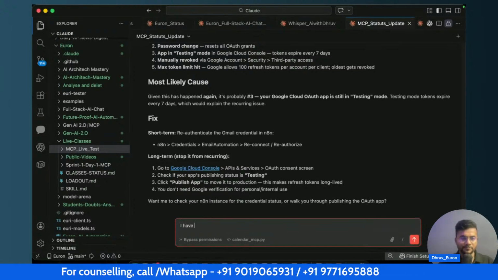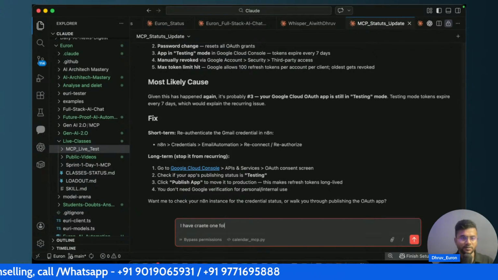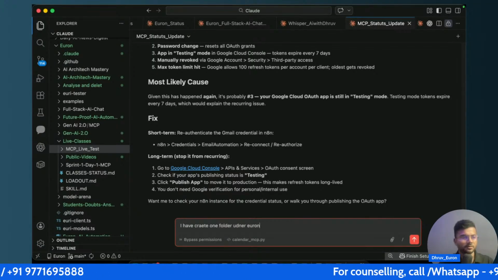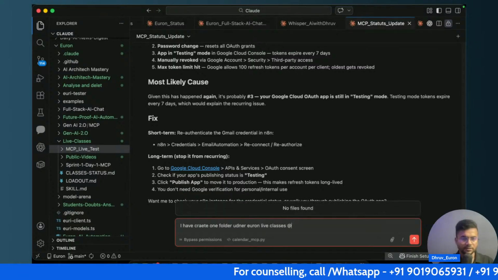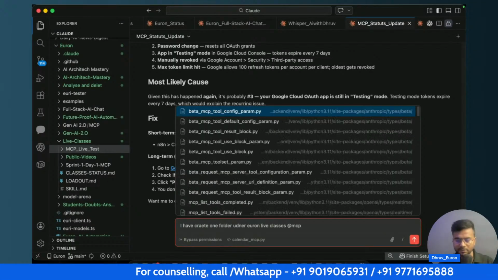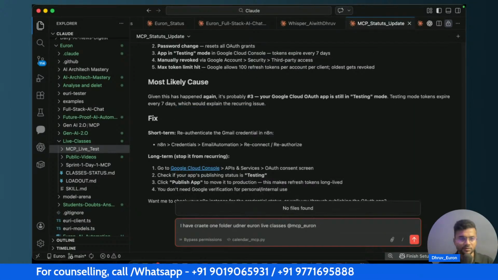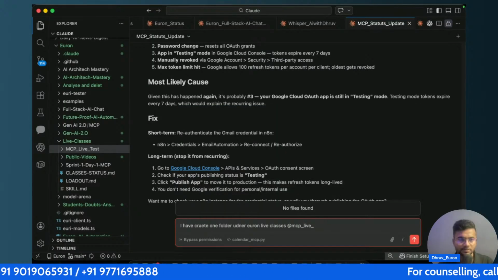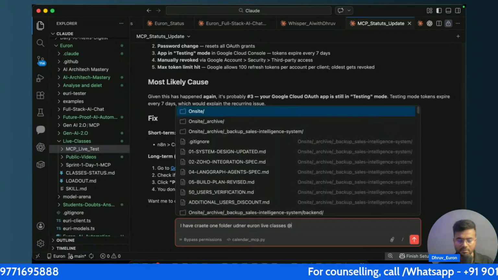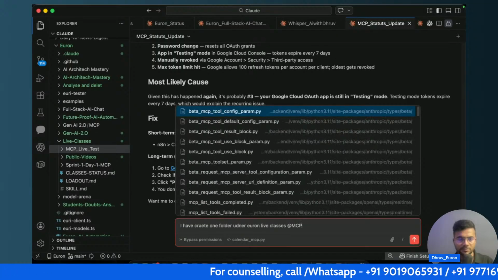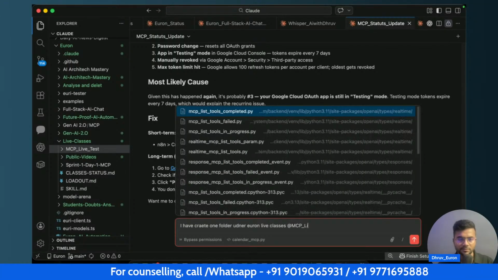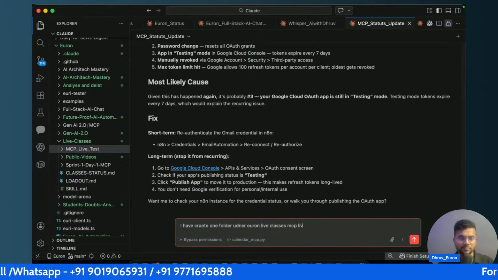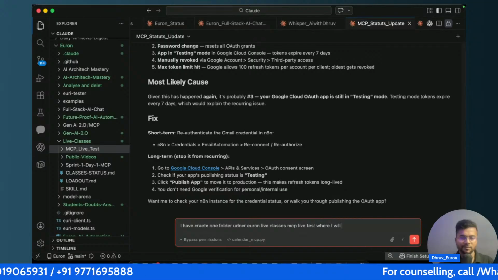So I've created one folder under Euron live classes at the rate MCP, Euron MCP live, MCP, MCP live test, where I will be adding Google